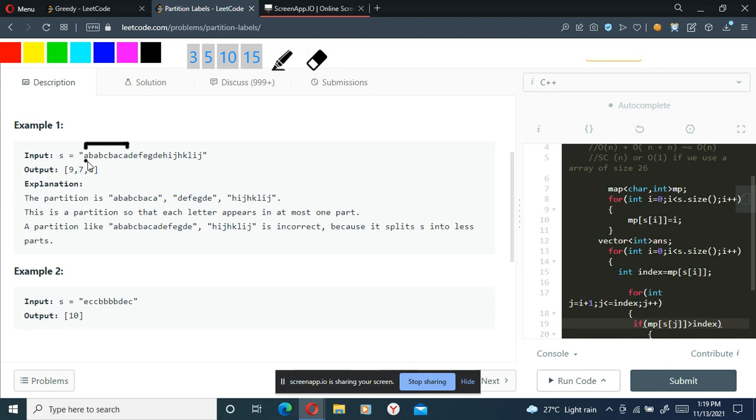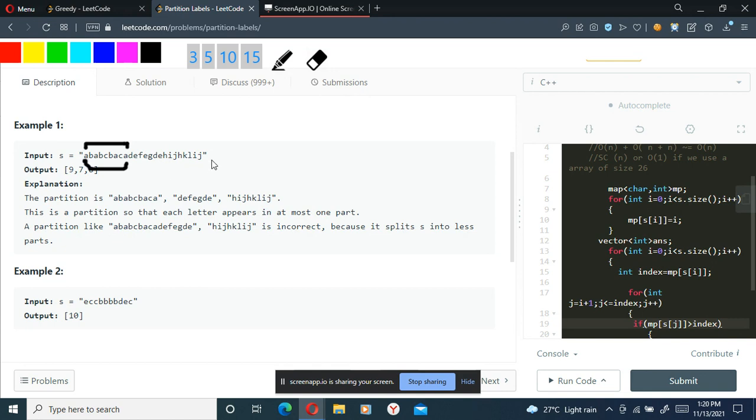Then I will check what characters are present inside this substring, starting from A till the last A. Am I getting some new character there? If yes, I will check if that character's last index exceeds the last index of A. Let's say here I've got B. I can see that its last occurrence is always inside A's last occurrence substring. So this will be my final answer.